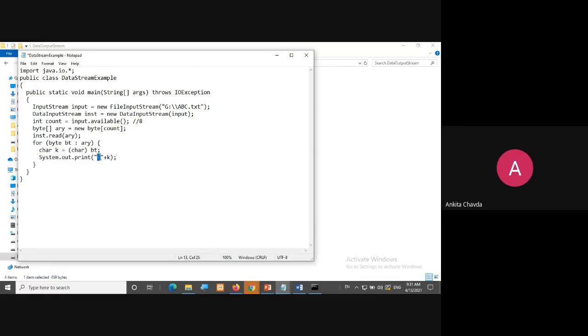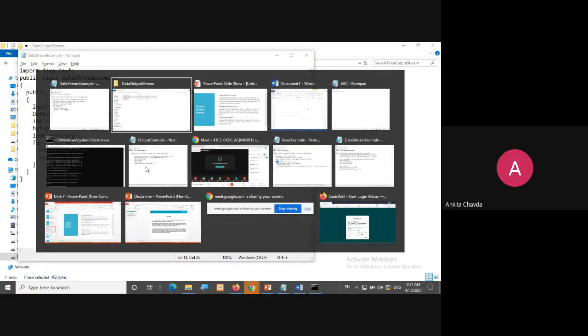But here I have used this dash, so you can see how many spaces I'm having. One more time it will print that dash. I cannot skip it, but you can understand. So we'll run this program.